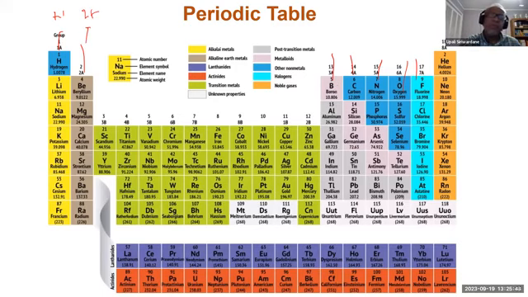Aluminum and boron never lose 3 electrons, but they may. When it comes to 3 and 4 valence electrons, they will never lose 4 electrons. Therefore, they make